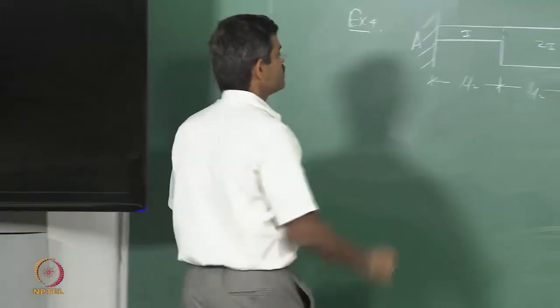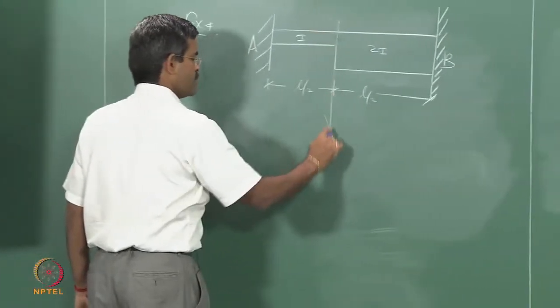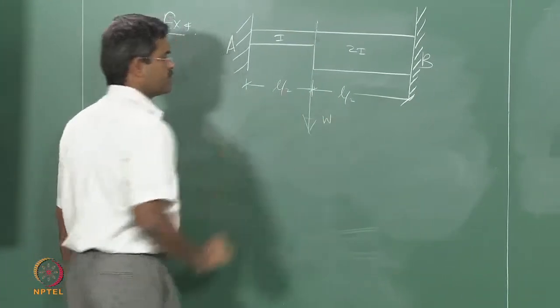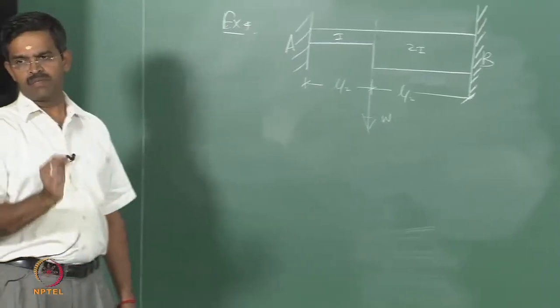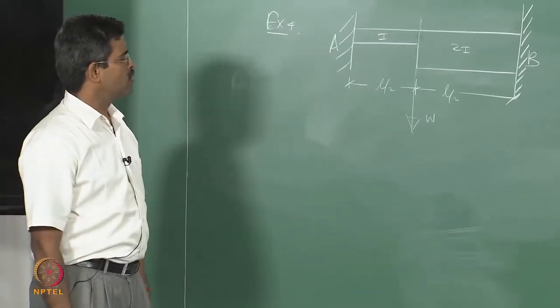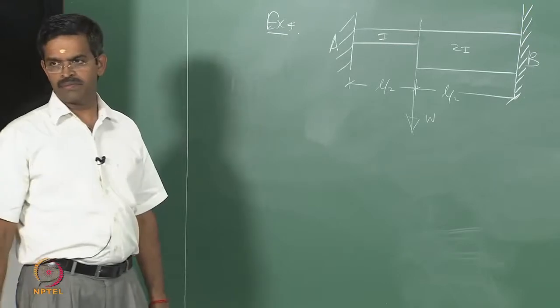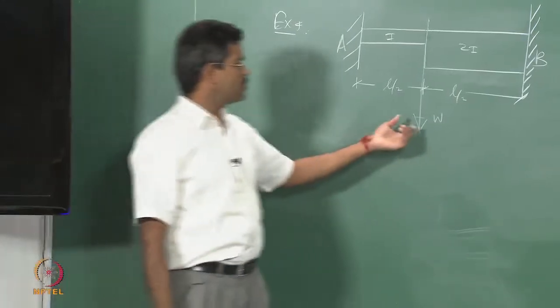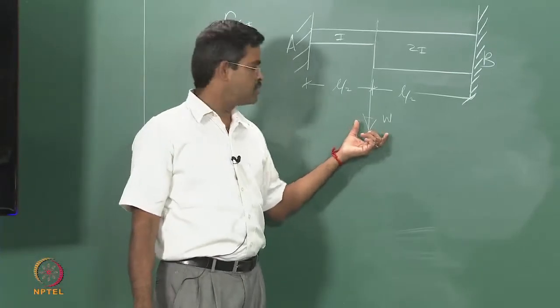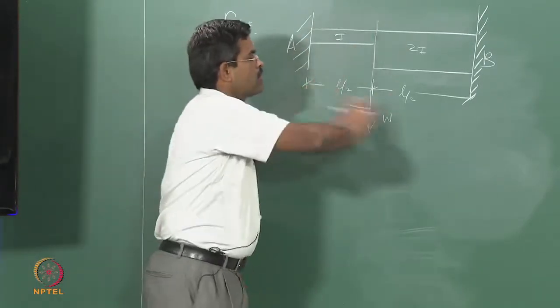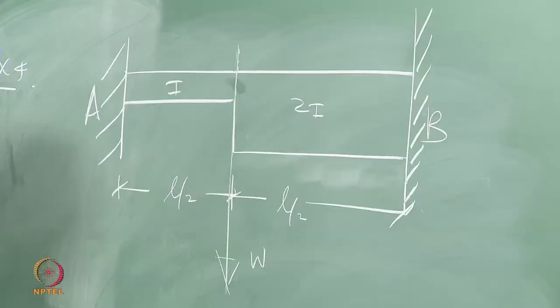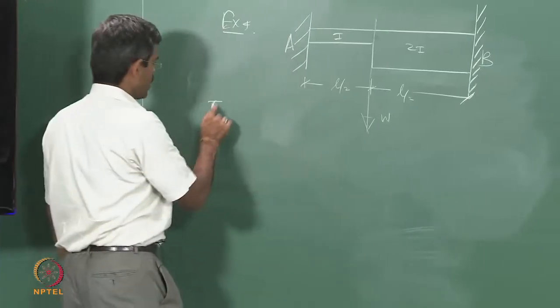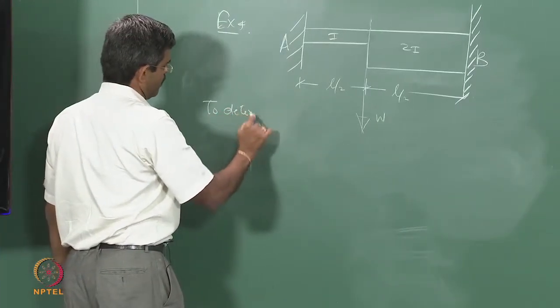Let us say I idealize this at this particular location as a lumped mass. I want to know at what frequency it will vibrate. So, obviously K equivalent is not known to me. W is known to me because M can be computed. I can easily find W from the cross sectional dimensions and geometry, but K cannot be easily found out. So, I want to know K for this, to determine omega n for the given problem.